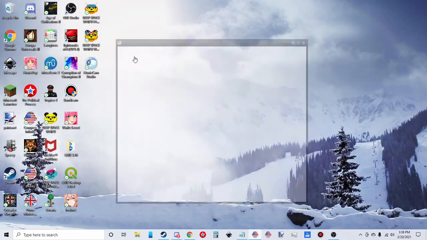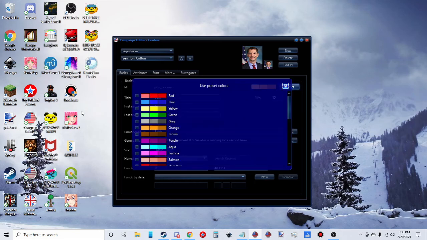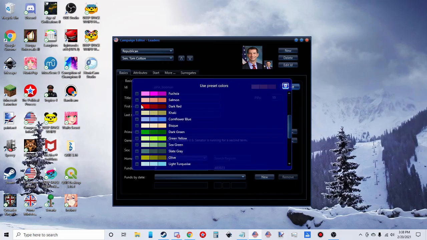One last thing. The color presets. If I didn't cover this earlier, you can skip this. If I did cover this, you can skip this. If I didn't, I'm going to cover this now. Color presets basically determine